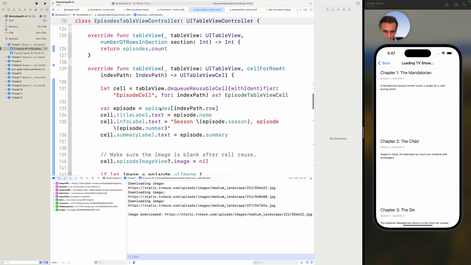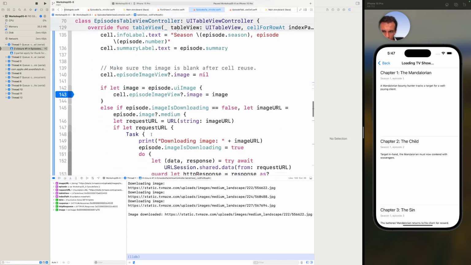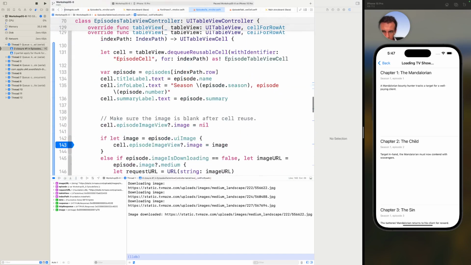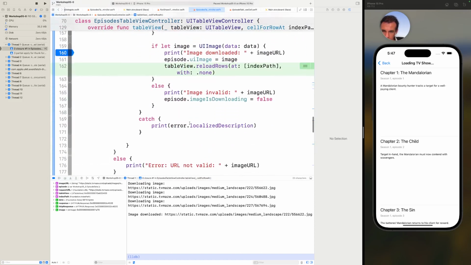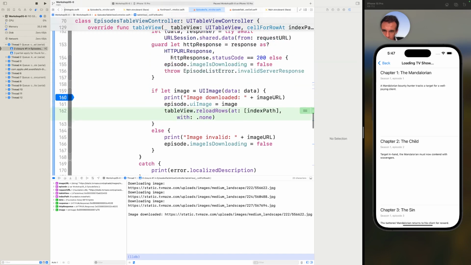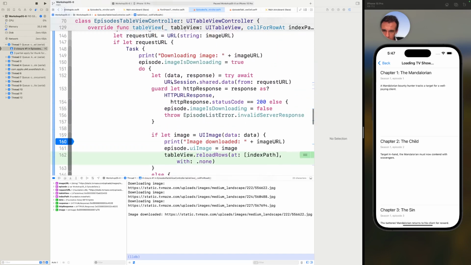This is a structure, so it's copy by value. So this is a copy of the version from the array, and when I make a change to it, it's not actually changing it. So we could either change this to be a class, or where I use episode here and I'm setting a value, I could